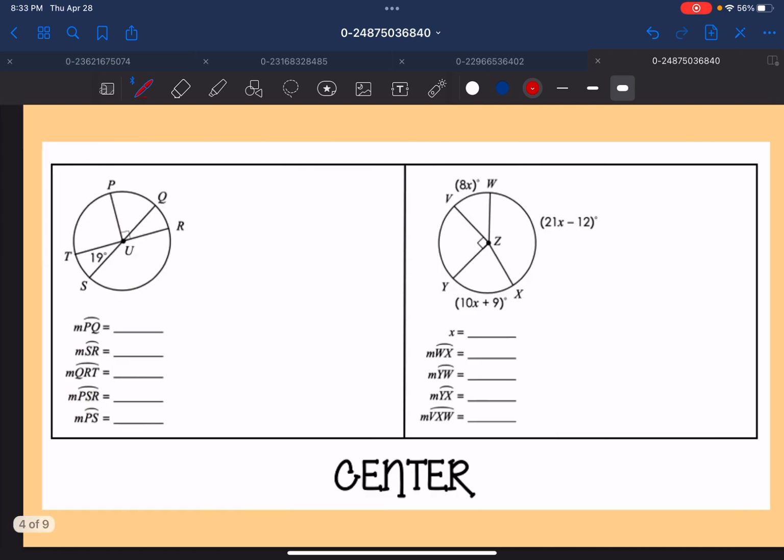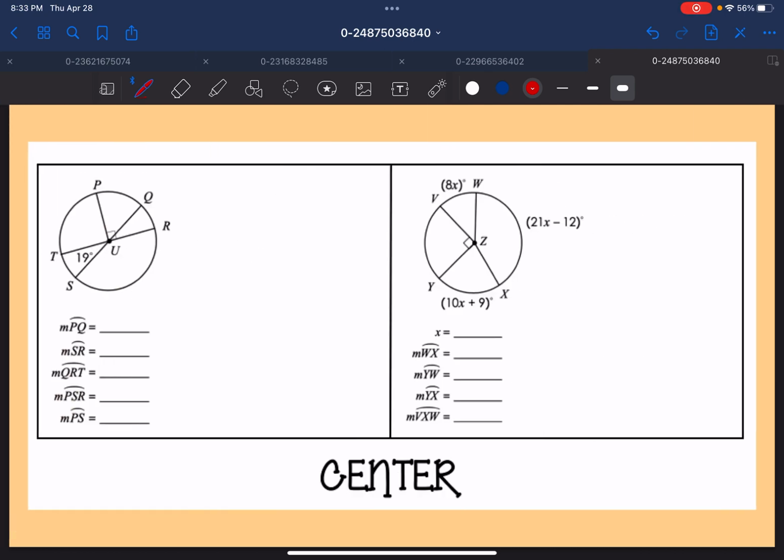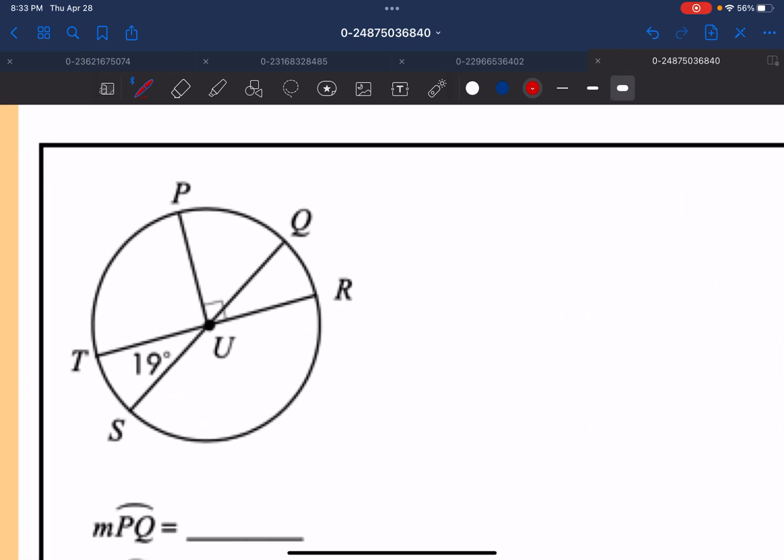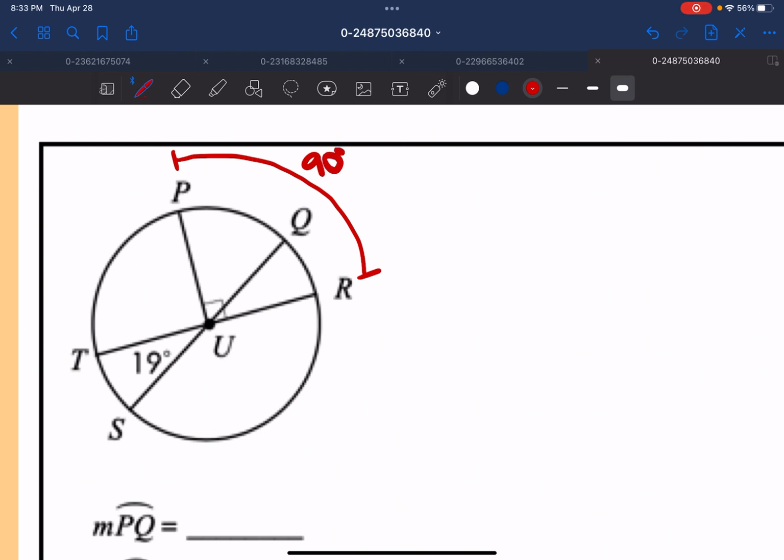So let's do some practice questions here. Before we even look at any questions, we're going to always start with our picture. And we're going to look for things that we see and notice. I see from here to here is 90 degrees. So we know those two angles would add up to 90 degrees. It's not bisected, so we can't assume that. But we do have here two intersecting lines, which means we have vertical angles. So if we know that TUS is 19, then we also know that UR is also 19. So we can go ahead and put our 19 there,